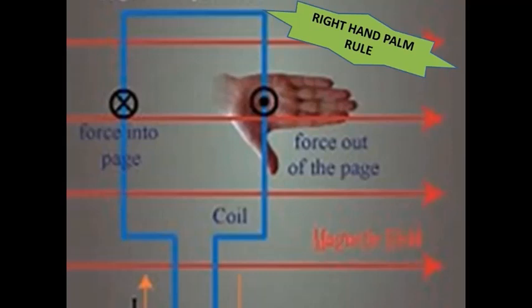And the last rule that I was talking of is the right hand palm rule. Right hand palm rule is more to find the direction of the magnetic force. Magnetic field is given to you here. So again a simple rule, you just use your right hand, stretch your thumb and the fingers mutually perpendicular, and if you are stretching your fingers in the direction of the magnetic field lines, and thumb is held in the direction of the current, then a line which is perpendicular to the palm gives you the direction of the magnetic force,